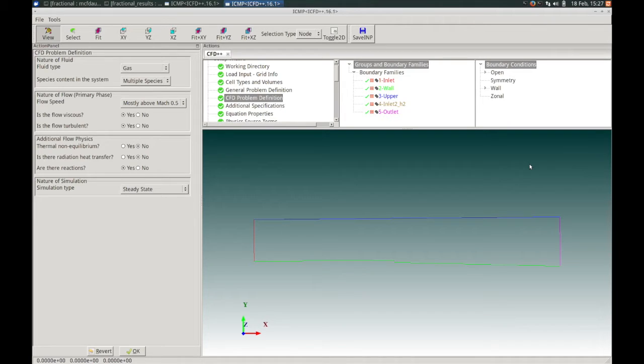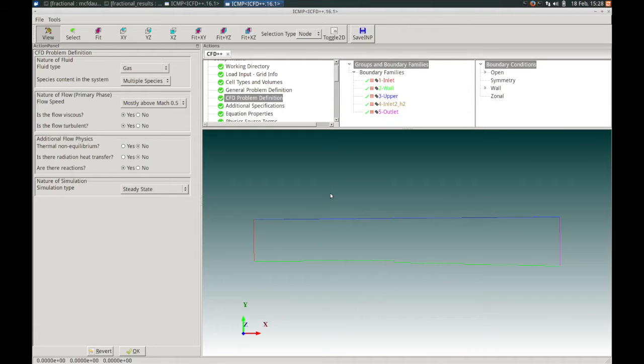Before jumping into this example, I will briefly cover the new features and components of the ICFD++ AUI for our first-time users. For a more in-depth understanding of the ICMP AUI features that are common across all Metacomp software, you can click on the ICMP AUI demo link that will show up at the side of this video, or by referring to the ICMP AUI section of your ICFD++ documentation.